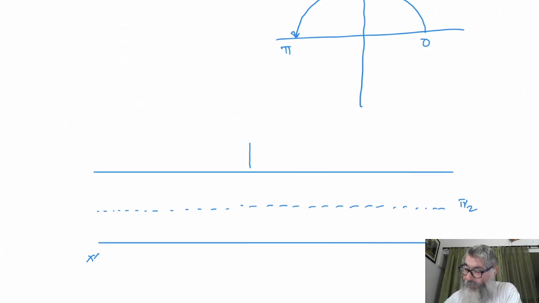So we are saying 0, pi by 2 and pi, and again we are restricting it to